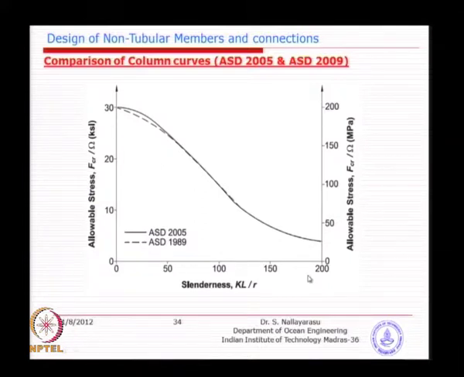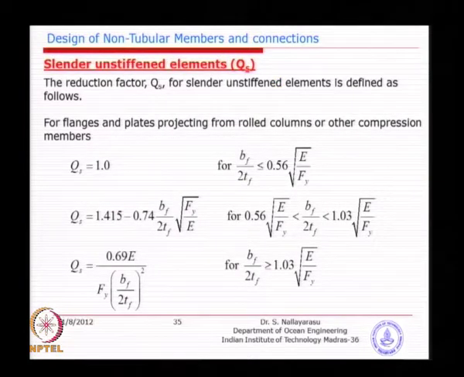And that is why most of the codes specify that the KL by R ratio needs to be restricted to 120, only in very rare cases we go beyond, and you have to limit that. And in case of some of the big structures, we even restrict to KL by R ratio less than 100, especially primary structures. So, Qs, there is a formula wherever you have Bf by 2 Tf less than 0.56 square root of E